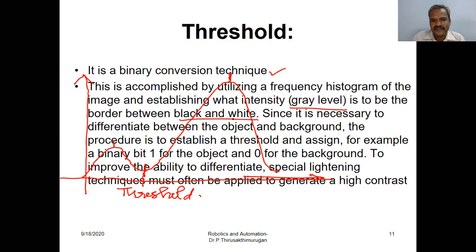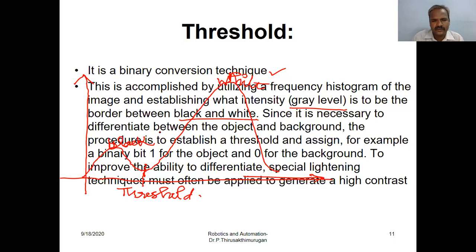White is the object, the background is black. Since it is necessary to differentiate between object and background, the procedure is to establish a threshold and assign. So here this one is white, the white signal frequency. This is the background signal, this is black.